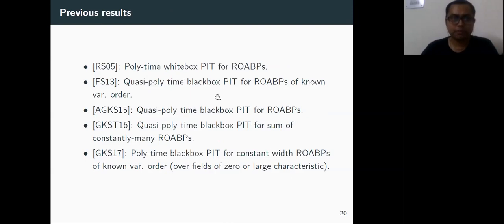Let me quickly recap the previous results. I will only talk about a selected few. First was polytime white box PIT for ROAPs. In white box, the ROAP has a polynomial time algorithm. This was given by Raz and Shpilka in 2005, RS 2005. So white box is done. But what about black box? Forbes and Shpilka in 2013 first defined the ROAP model properly. RS had given it only for non-commutative ABPs, but it also applied for ROAPs. Forbes and Shpilka defined this ROAP model and gave a quasi-polytime black box PIT